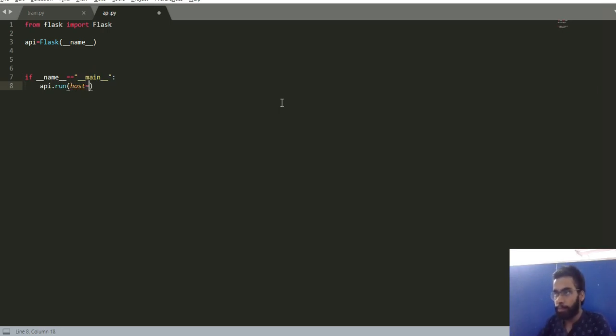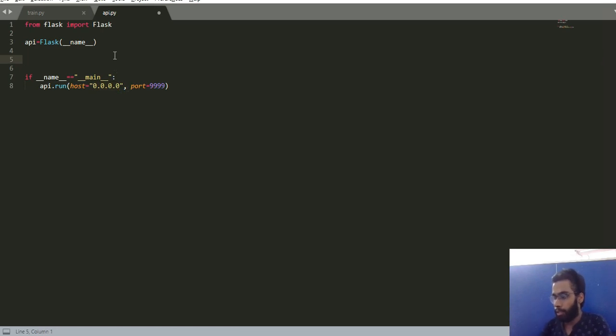Since this is my local server, I want to run it at my local IP, which is localhost 0.0.0.0. And as I mentioned, it requires a port. So I'll give a port number as 99999. So this is random. You can give any port number here, any IP also. Suppose you have a server running in some VM which is on a cloud, so you can give the IP of that cloud here so that it runs there.